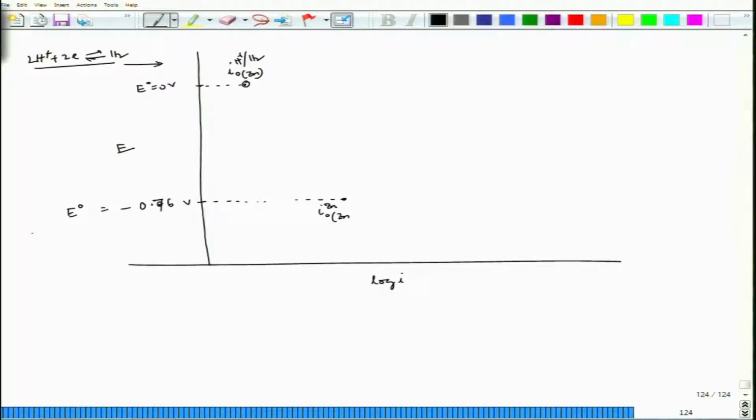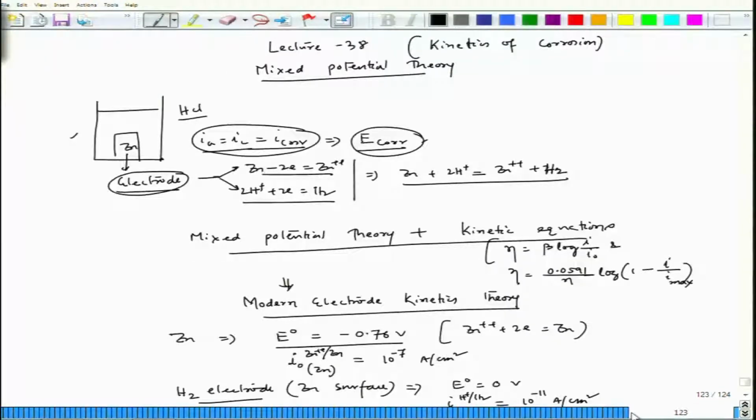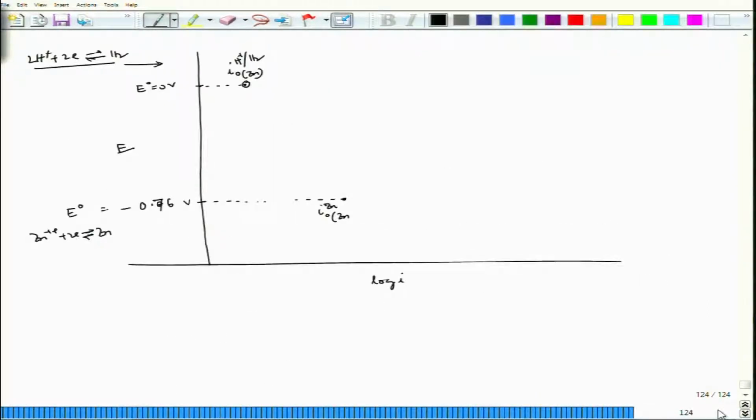Here also this is zinc plus 2e equal to zinc, this is non-corroding and reversible condition. And this was the potential in the beginning for both these half cell reactions, because we have to consider these two half cell reactions. This is oxidation and this is reduction. These are basically two half cell reactions, and to begin with we have assumed that they are starting from the standard potential. Now, for both the cases, for hydrogen and zinc, let us draw that this is for hydrogen, this